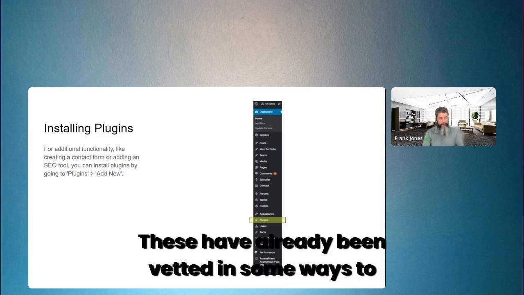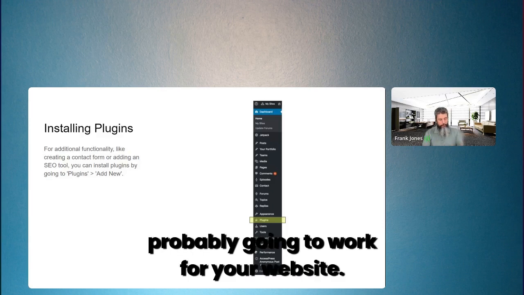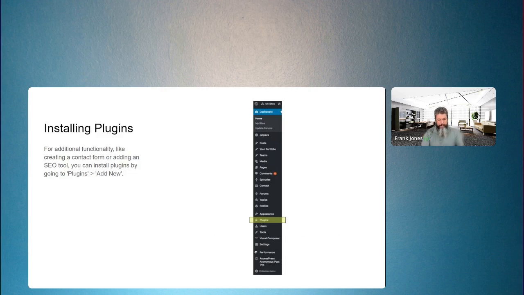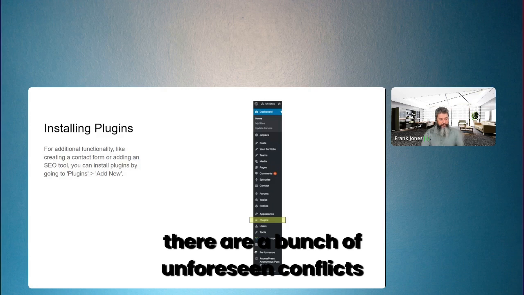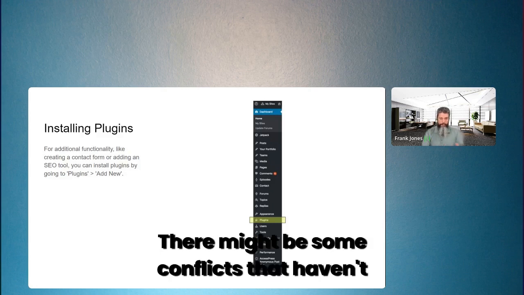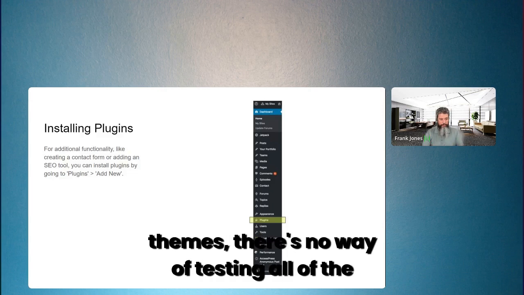These have already been vetted in some ways to identify plugins that are probably going to work for your website. The reason I say probably is that there are a bunch of unforeseen conflicts that come from installing multiple plugins and multiple themes. There might be some conflicts that haven't been tested. Given that there are thousands of plugins and thousands of themes, there's no way of testing all of the possible